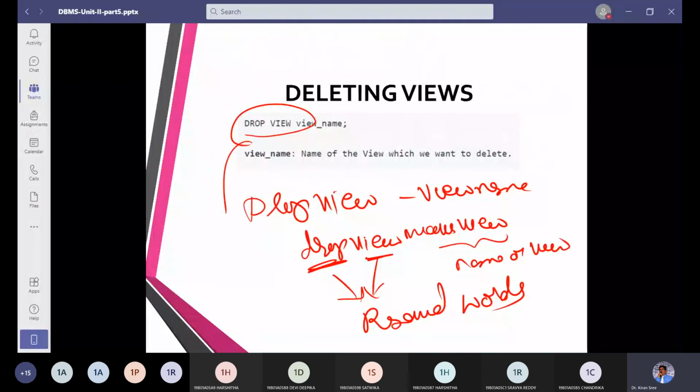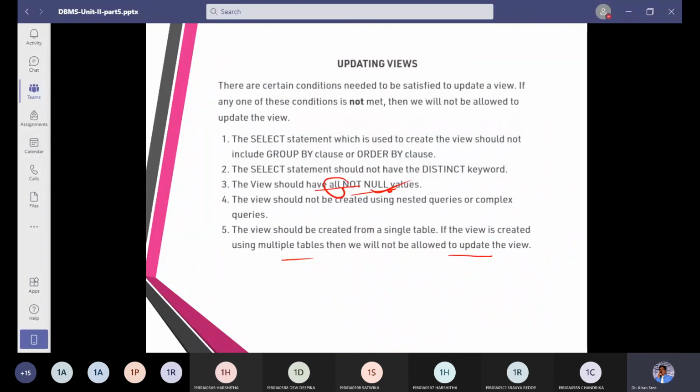Next one, what are the different operations on a view we can create? First operation, we can delete a view. That is how I can drop: drop followed by view followed by the view name. Next one, what are the other operations we can do on a view?